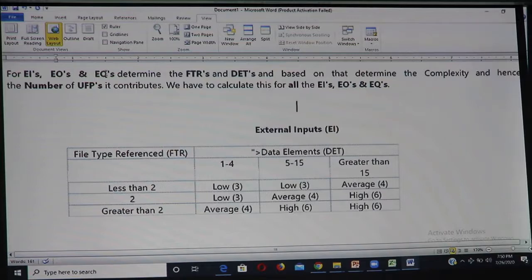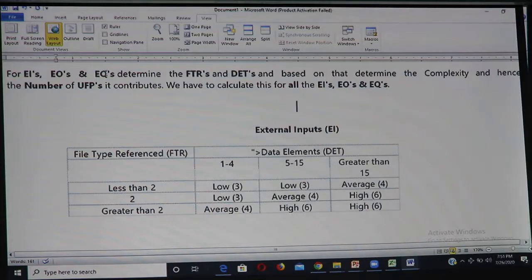First we'll see the transaction functionalities, starting with EI, which is external input. Now imagine in a file or a table you have logical groupings. A table can comprise multiple logical groups of data, and a table also has a number of fields.